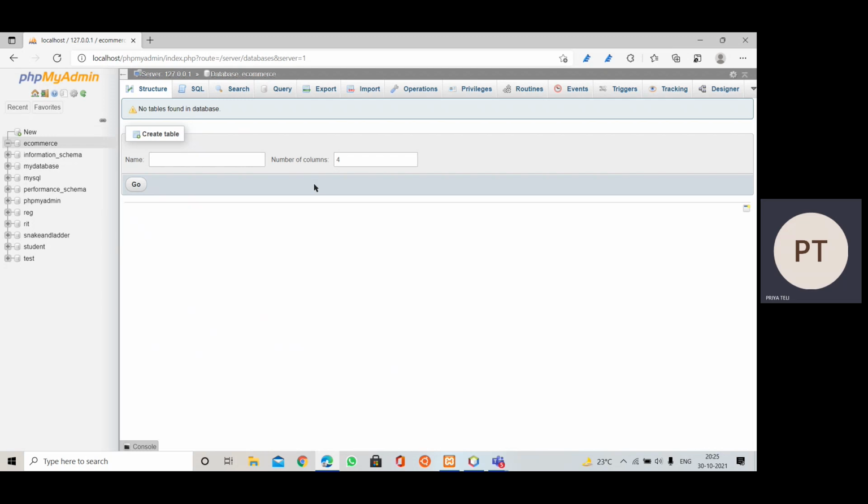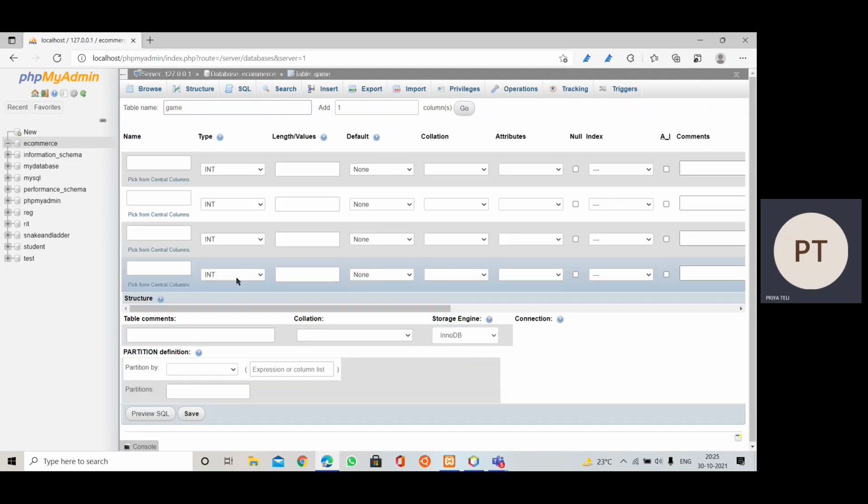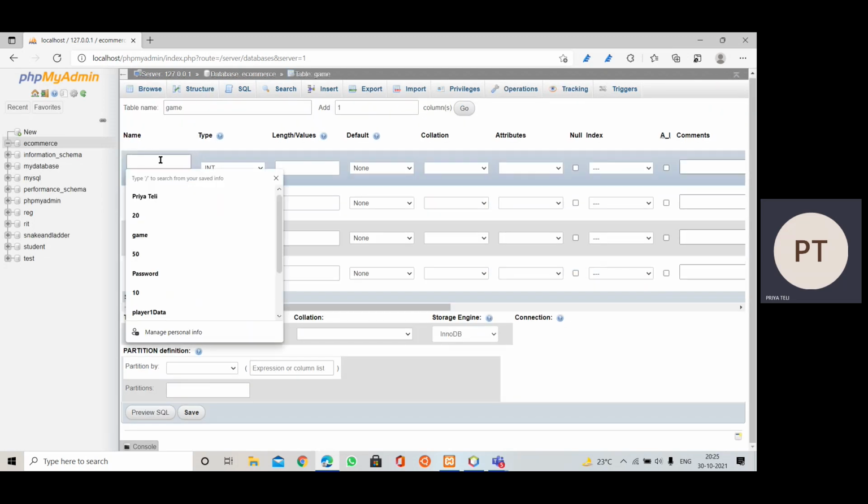Here we can create tables inside the database named e-commerce. We can give any name, and here we mention the number of columns we want inside this table, and then just hit Go. Here we have to mention the column names.